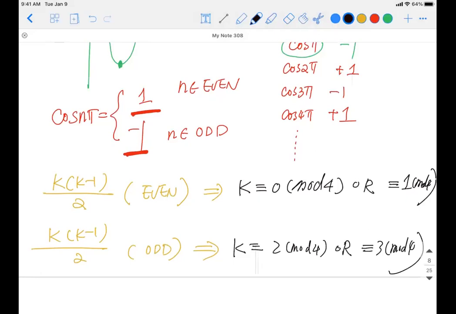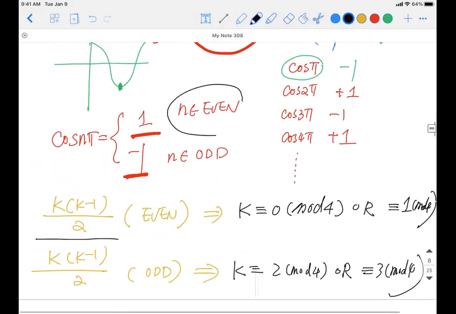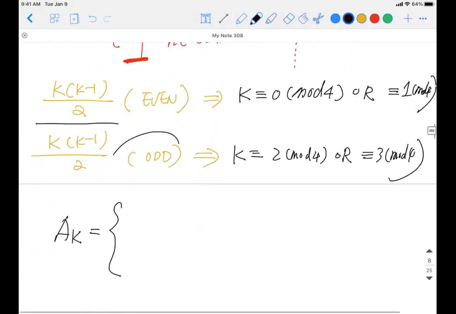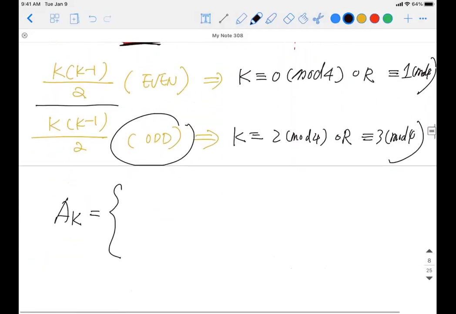This is not rocket science. So that being said, if I consolidate my writing, as long as this is even, the cosine value will be 1. As long as this is odd, the cosine value will be -1. So therefore, my AK is going to be